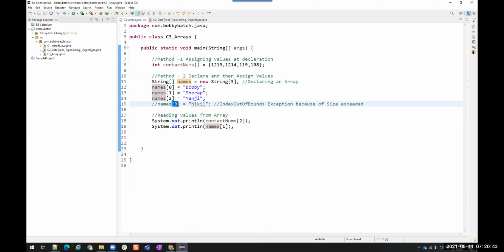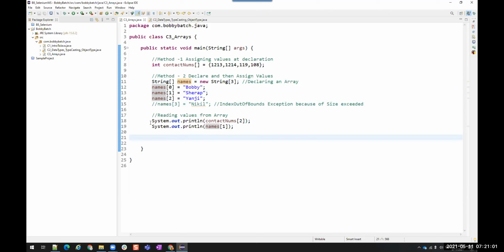But do I have the memory address? I do not have the space to store Mikhail, so that is why it is saying array index out of bounds exception. Understood now? Yes.